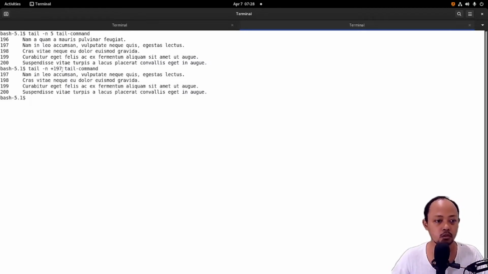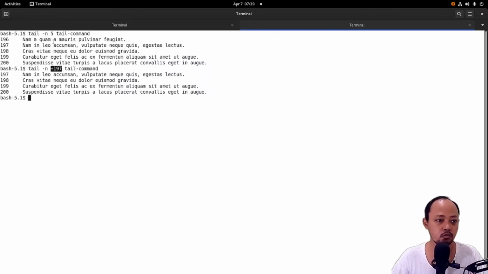So with this option, the tail command will print the file from line number n. When we input plus 197, the tail command will print from that line.